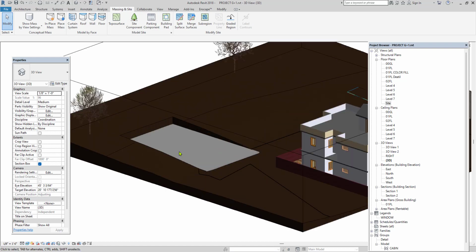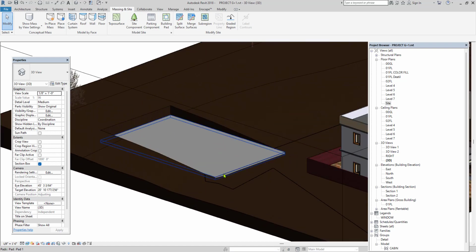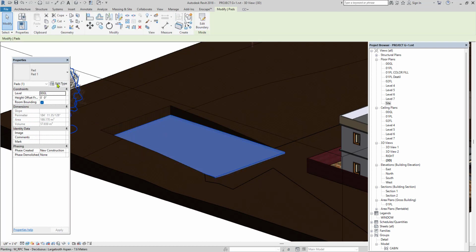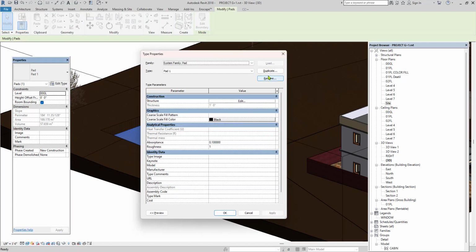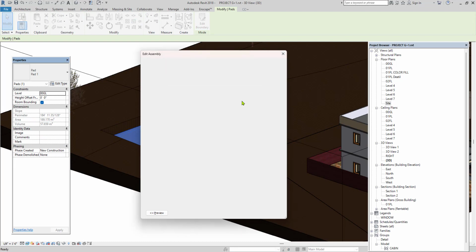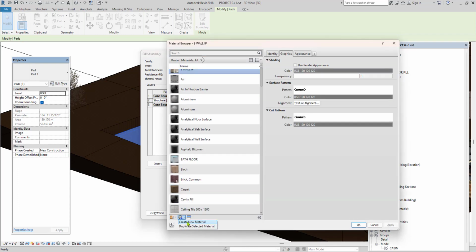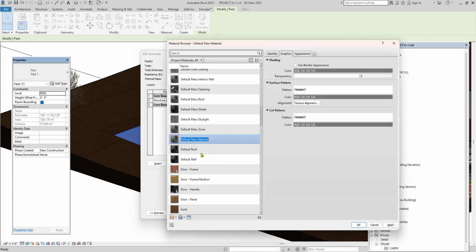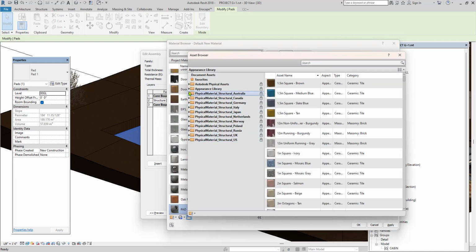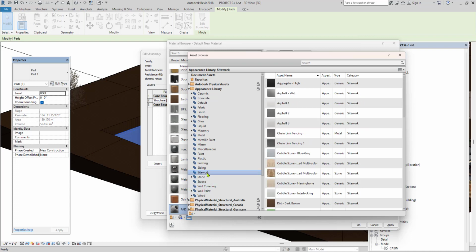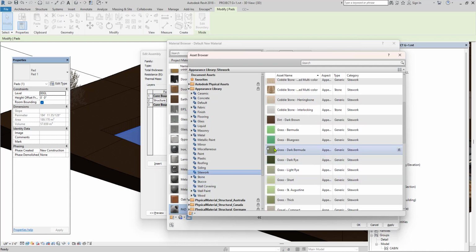Next, here you will get a building pad. For this you can give a different material by the edit type option, duplicate it, you can say building pad 2 or whatever it may be, edit it and give the name, whatever material you want to give, rename it pad, asset browser, appearance, and in the site work we have the other materials.